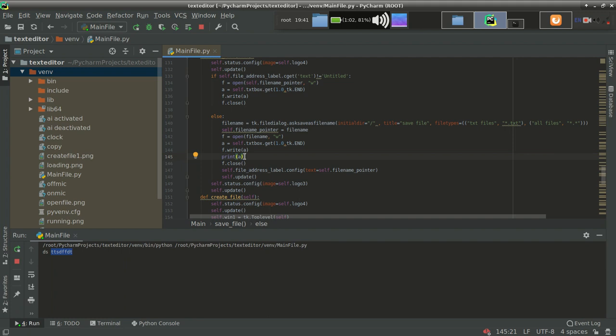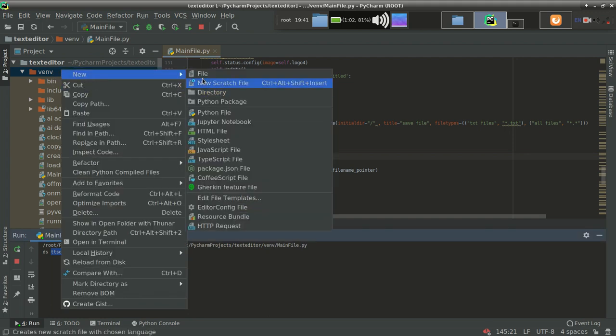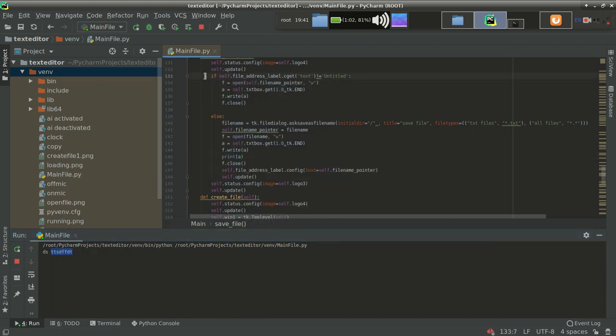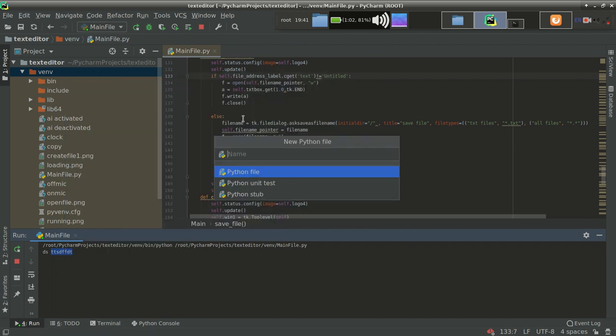For doing that, let's create a new file, and the new file will be words filter. I don't know whether it has been added or not. Let's add again, new Python file, words filter.